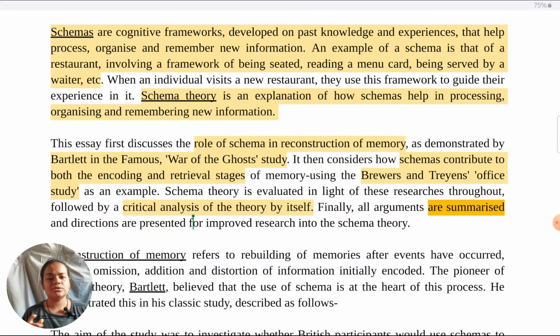And then we have to mention anything else we are doing in the essay. That largely depends on the command term and the question. In the sense that here it is discuss schema theory, so we are analyzing schema theory itself. If instead it was just evaluate research into schema theory or evaluate studies that have been done within schema theory, perhaps we would have not included any analysis of the theory itself.